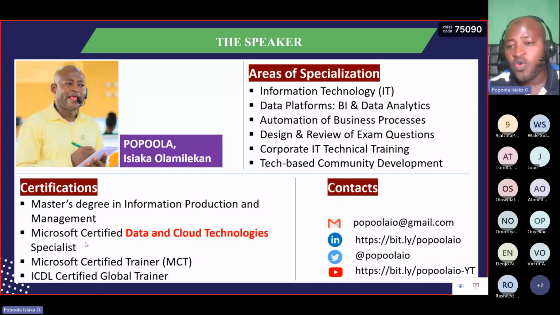On some occasions, I also consult for Microsoft partner organizations where the review of Microsoft curriculums is being taken into consideration, and I'm consulted to work on that team. I also do technical training for corporate organizations. I also engage in tech-based community development, where we look at issues that are trending within